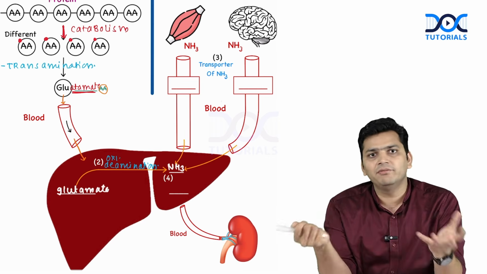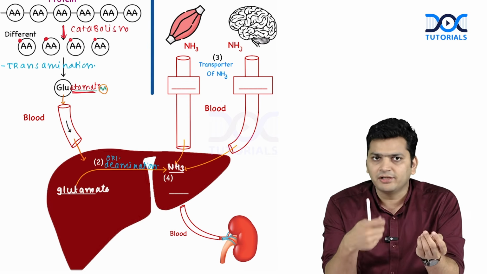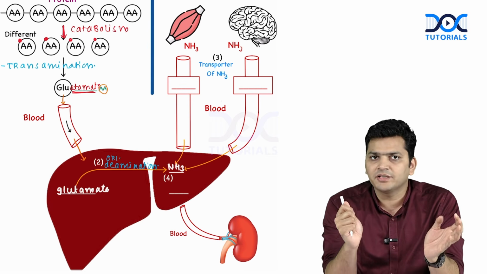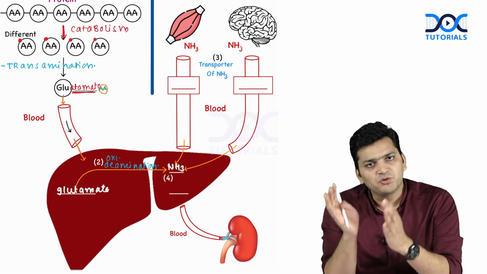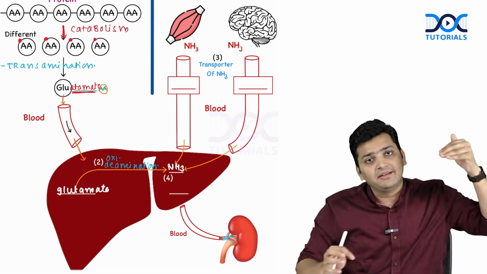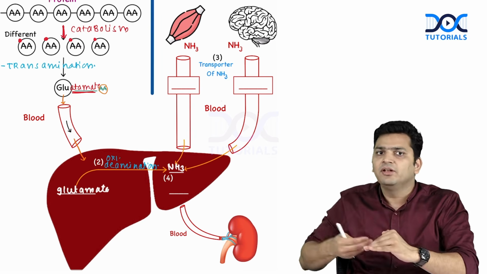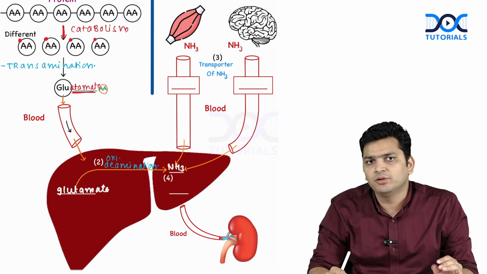They can directly go to the liver and give the ammonia directly. There are such amino acids, I will tell you the names, but most amino acids don't give their ammonia easily. So first we convert them into glutamate, that is called transamination, and then the glutamate will go all the way to the liver, and in the liver you are going to take out the ammonia molecule,